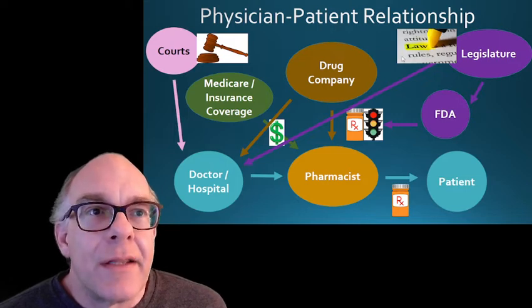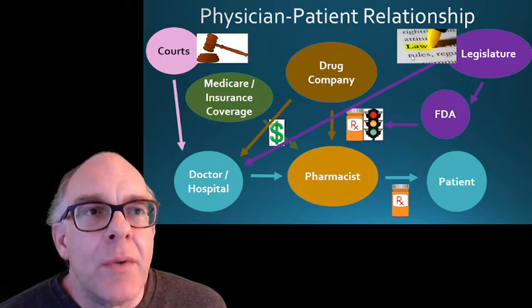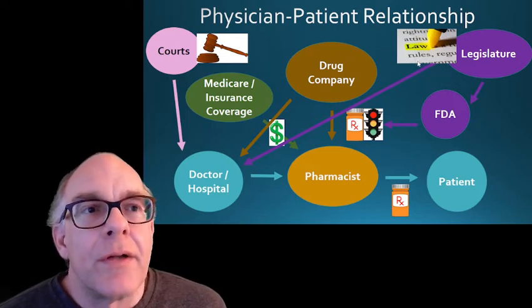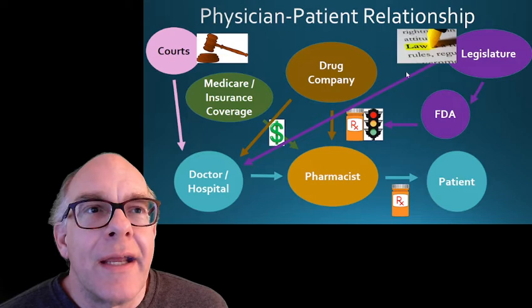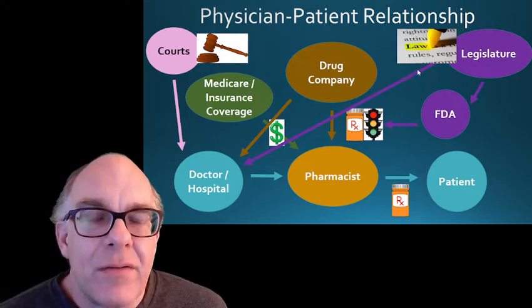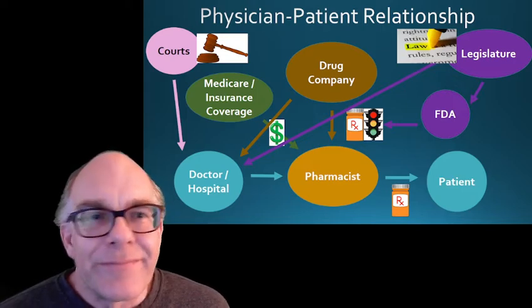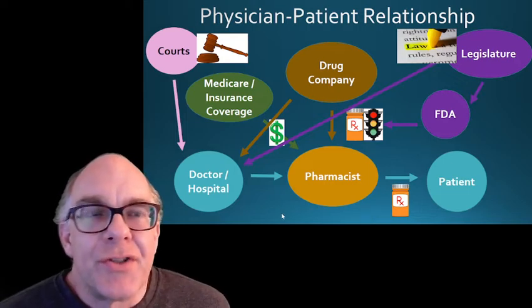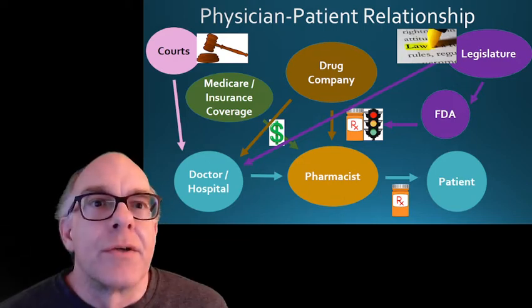In addition to that, we've got the legislature over here, and these are proposed laws at this stage in late 2021, early 2022, basically saying that ivermectin or other medications have to be available to the patient. But in both these cases, you've got the courts and laws being written by legislatures, which in many cases aren't doctors, intervening on that doctor decision that's hopefully an informed decision made with the patient to determine their best medication. And the question is, should these outside parties be dictating